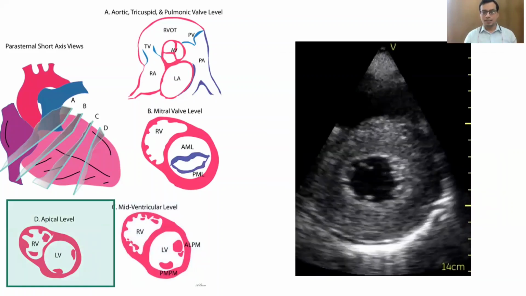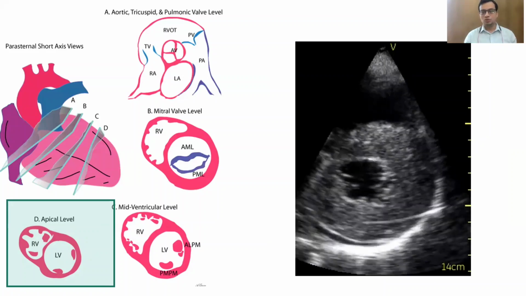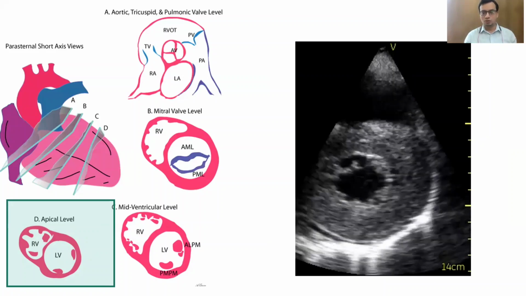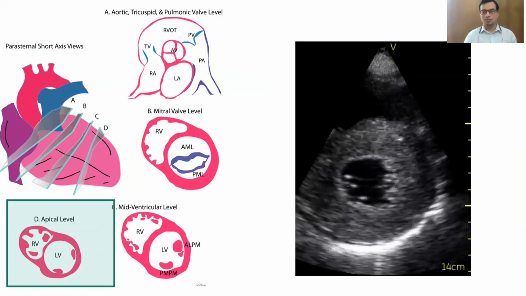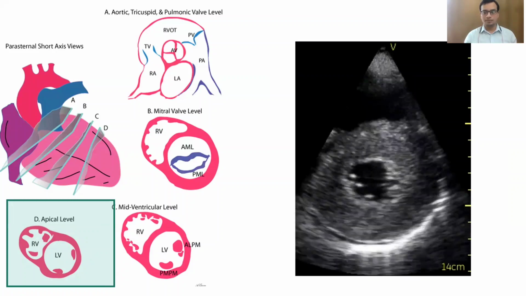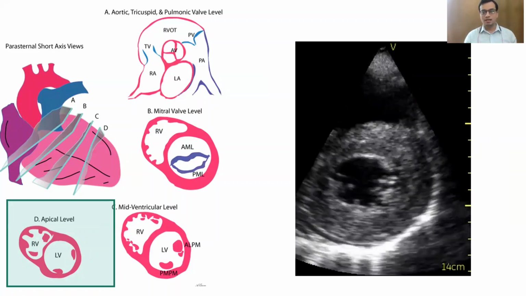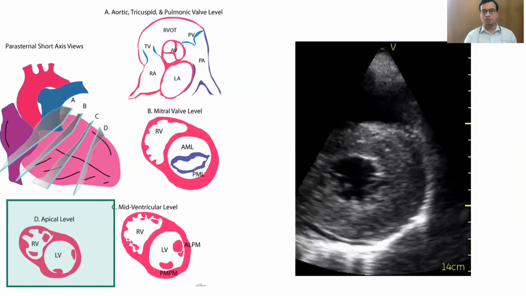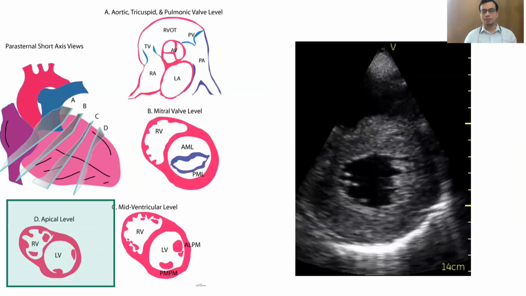To view the apical segments of the left ventricle from the parasternal window, you need to move the transducer down by 1 or 2 intercostal spaces and tilt it towards the apex. The left ventricle appears much smaller in this view because we cut the left ventricle close to the apex, where its diameter is actually small. This view is not really a standard view, but is very helpful in many situations, such as when assessing the apical left ventricular function or identifying an apical thrombus.